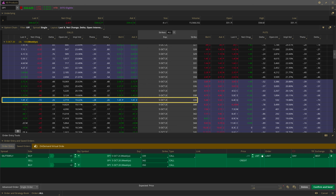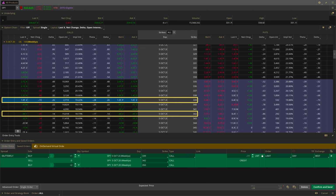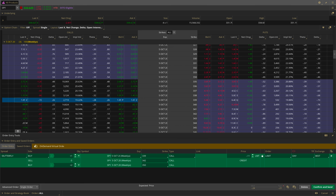That's when I found the 339 342 1-by-3 ratio for Monday, which was going for a decent credit because of the large move off of the overnight low when the market opened. And at the time when I looked at the internals, they were confirming more of a sideways market, so I thought to myself, well, if we end up just being in chop mode for that day,